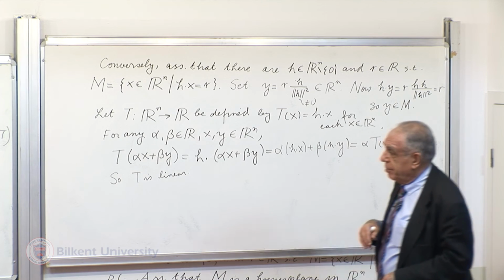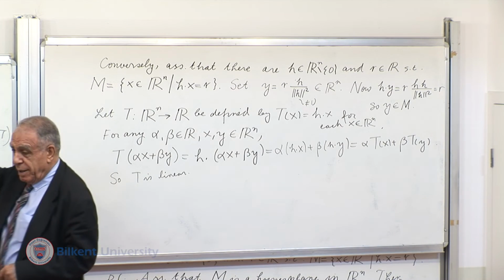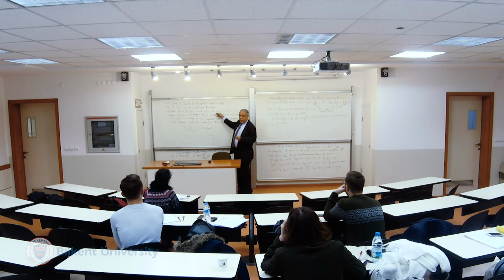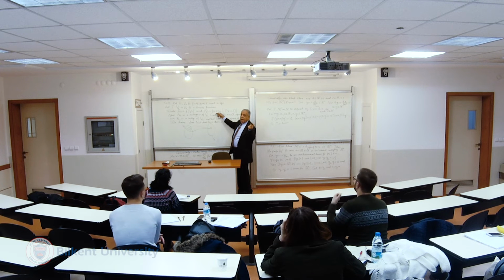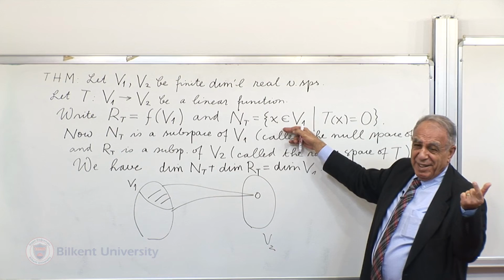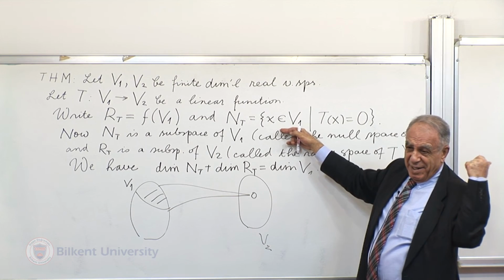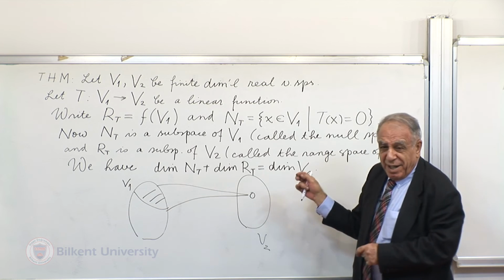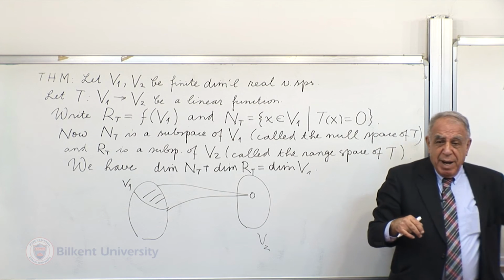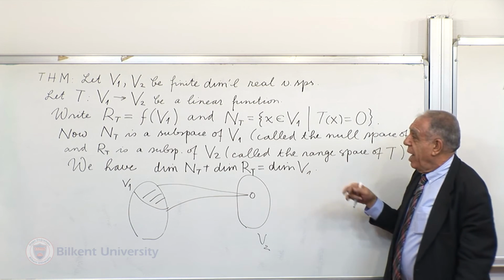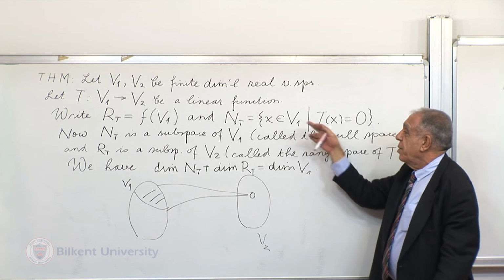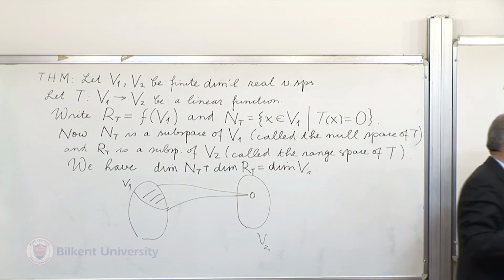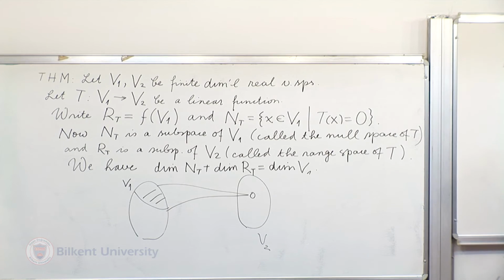Now, probably this, because h dot m will be r if m is in capital M, well, then we need the linear map in here be such that those points which are sent to 0. Okay, now,